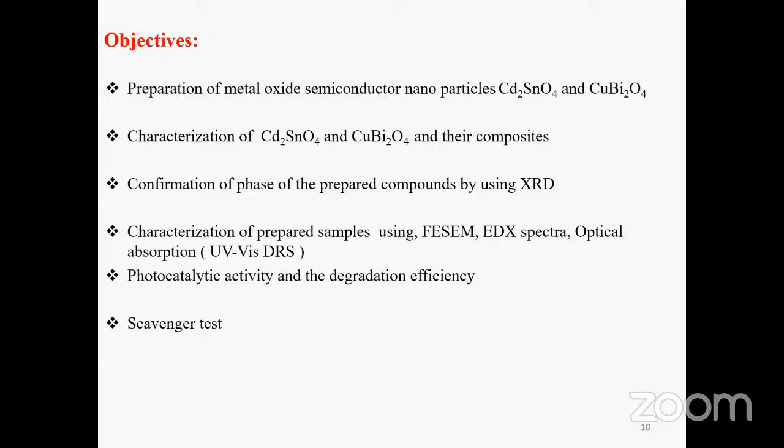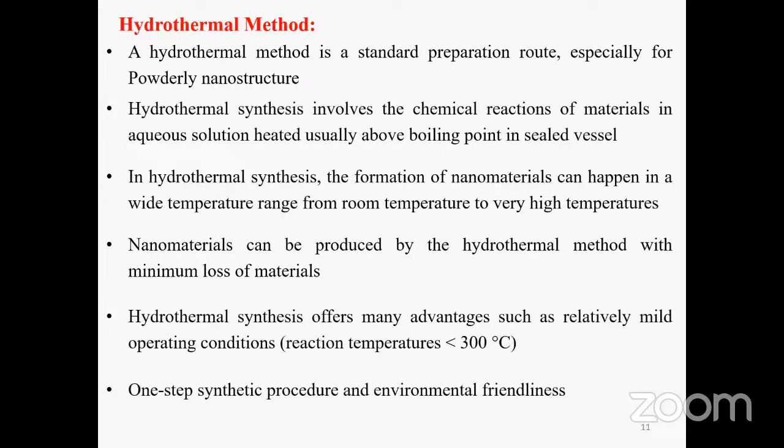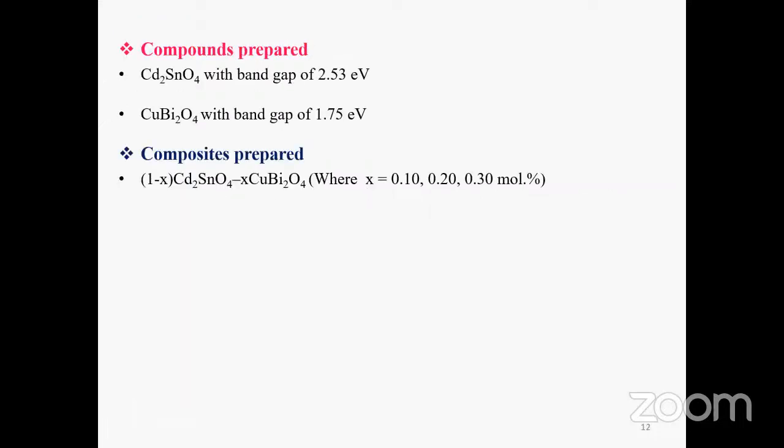And in this work, we have prepared Cd2SnO4 and CuBi2O4 using the hydrothermal method, and we have prepared the composites and characterized them with XRD, SEM, EDX spectra, and UV-DRS. And scavenger tests were also performed to confirm what kind of active species are there to form these radicals. So the hydrothermal method is a most environmentally friendly one-step synthetic procedure, where we use low temperatures. Particularly, I will explain the synthesis very clearly in the next slide. And the reason we have chosen these two compounds is that their band gaps are in the region of